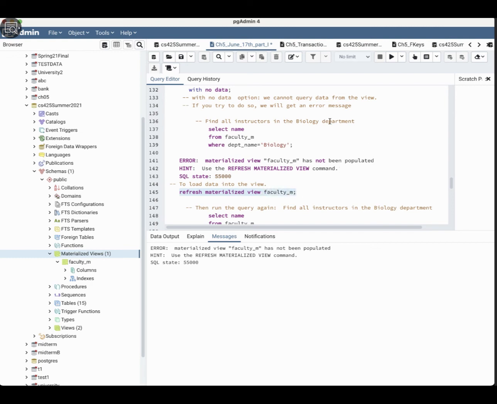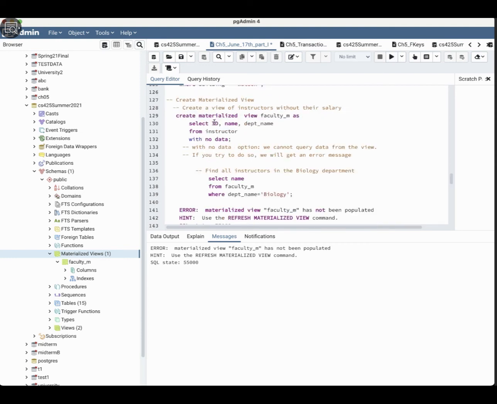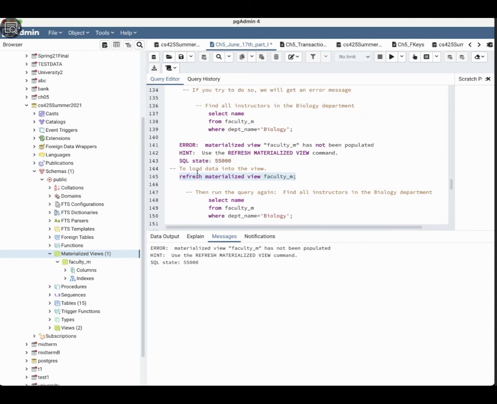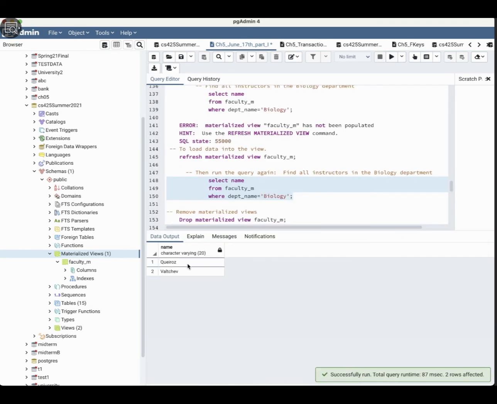Now, when you perform that, do you know what's going to happen here? The system is going to execute the definition that we have that's using the materialized view only one time. Then after that, fetch the current data, whatever you have right now in the instructor, project the ID, name, and department, and store it in this relation. Now it is filled with data. If you said select star from this materialized view, the system can say, yes, I do